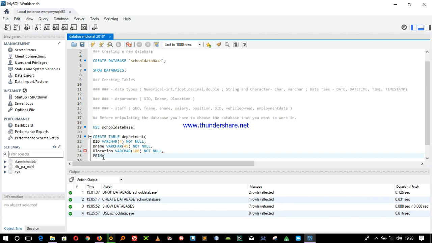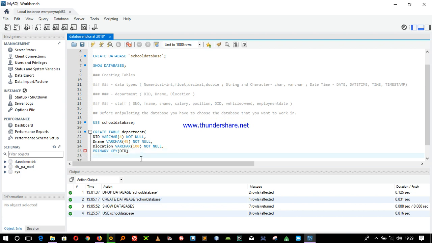Let's designate our DID a primary key. We do so by writing primary key, which is two words. Then you open a bracket and write the column with the same case and same spelling as the one you have already given above. Then after that, we close. Then we terminate. This is how you create a table, right?